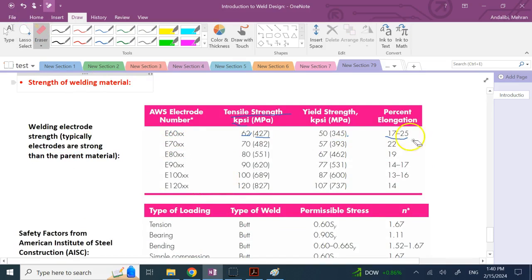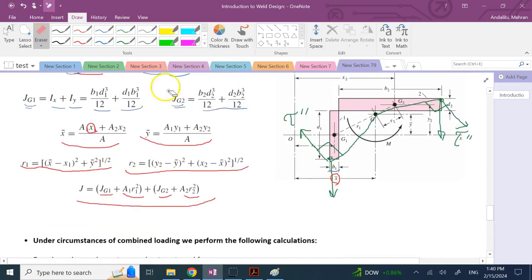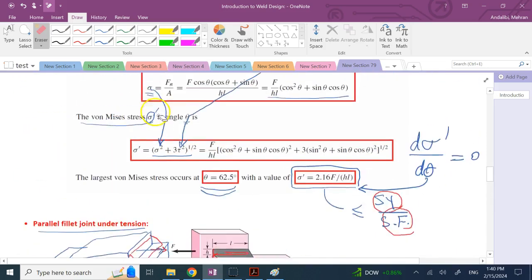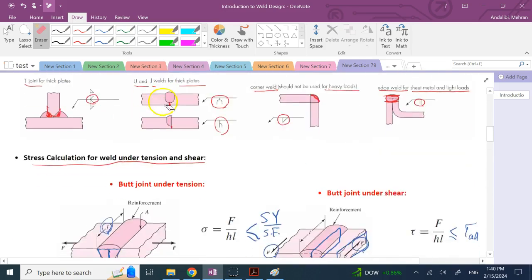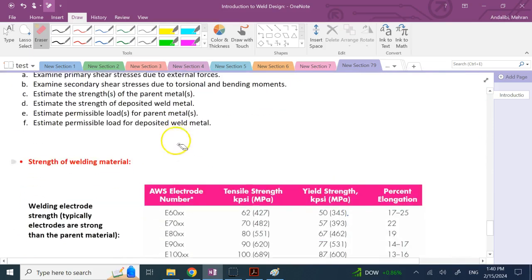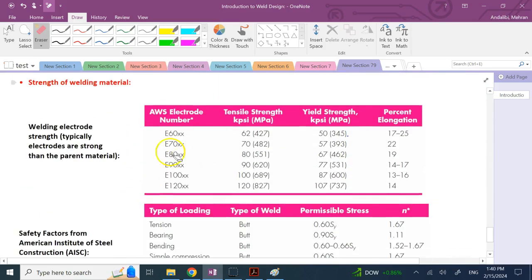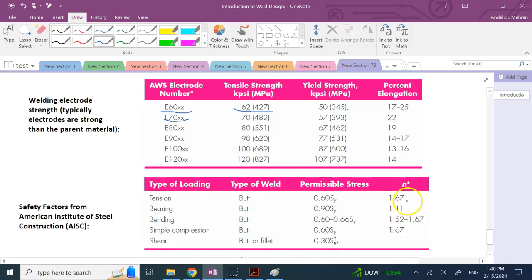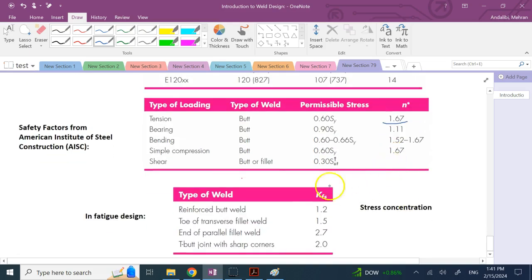So this is some information about how to go about calculating stress under different types of loading and how to get the strength. And there are other tables similar to this for other types of welding. So if you're not doing arc welding, you're doing gas welding or anything, TIG, MIG, whatever it is, there are similar tables for the strength of the welded material, and there are suggested similar safety factors